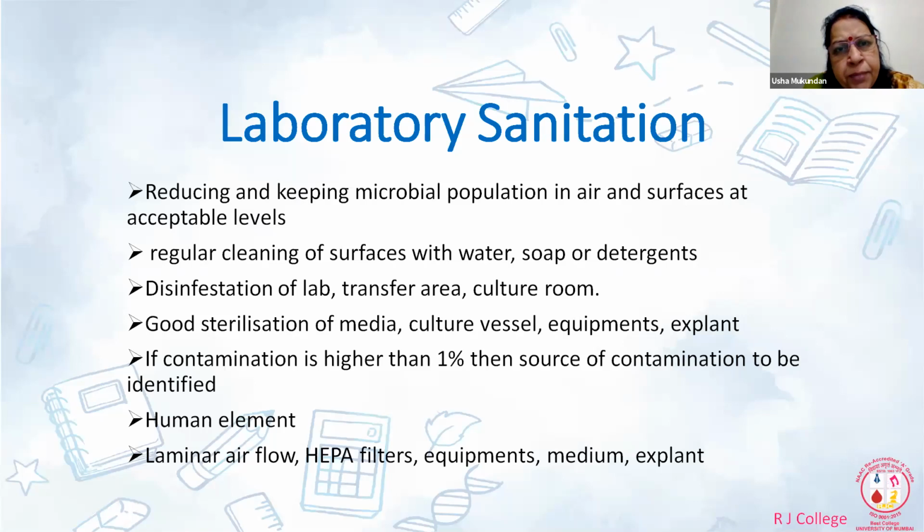Further, contamination levels also increase depending on season. Usually in the rainy season, when the moisture is very high and relative humidity is high, the rate of contamination is also very high. So normally subculturing is done at a greater period. You don't subculture the material very frequently because you don't want a large amount of contamination.